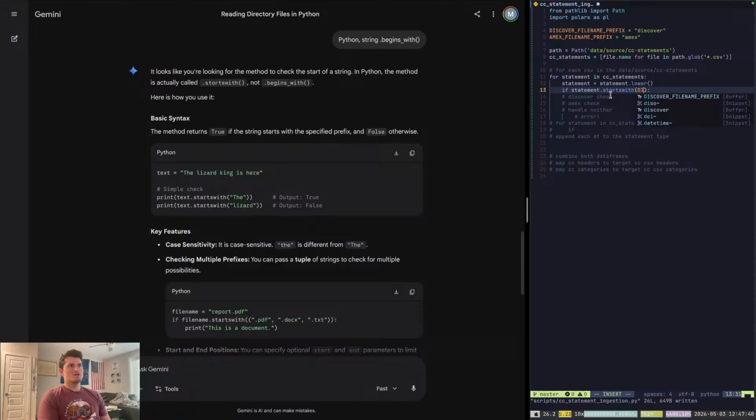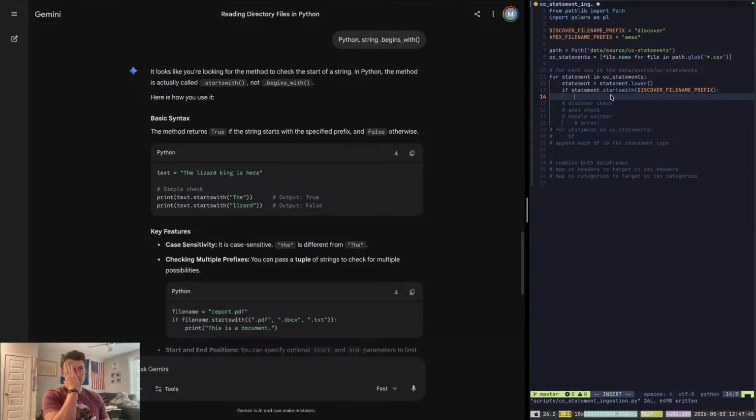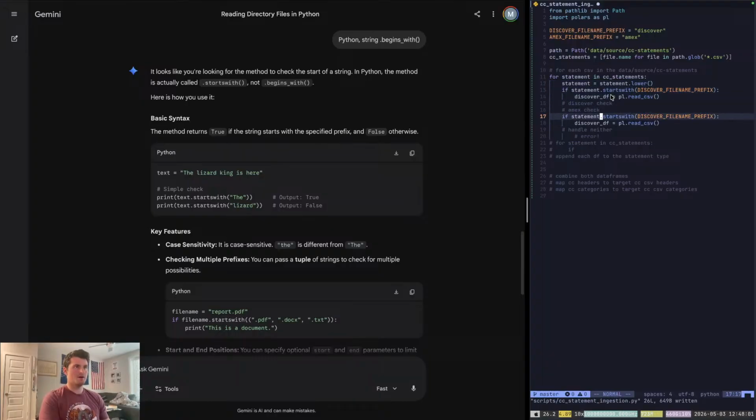And then I can change this to discover file name prefix, and I can say if it starts with discover file name prefix, read it into discover data frame equals pl dot read CSV, and then I can do the same for Amex here. It's file name. Okay, and then else print